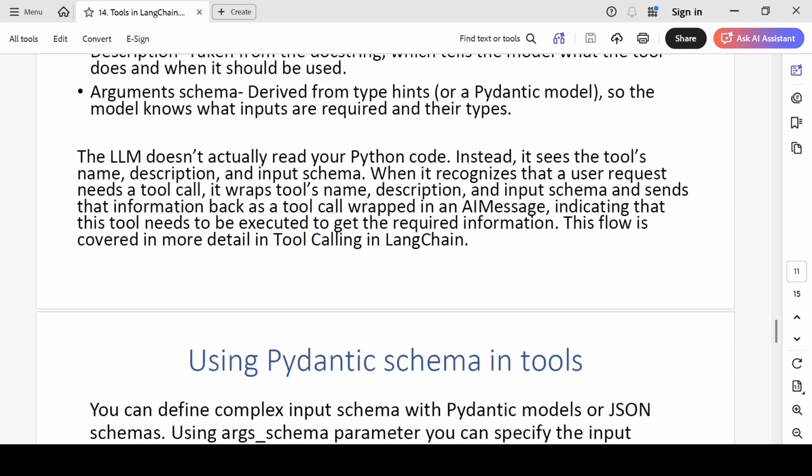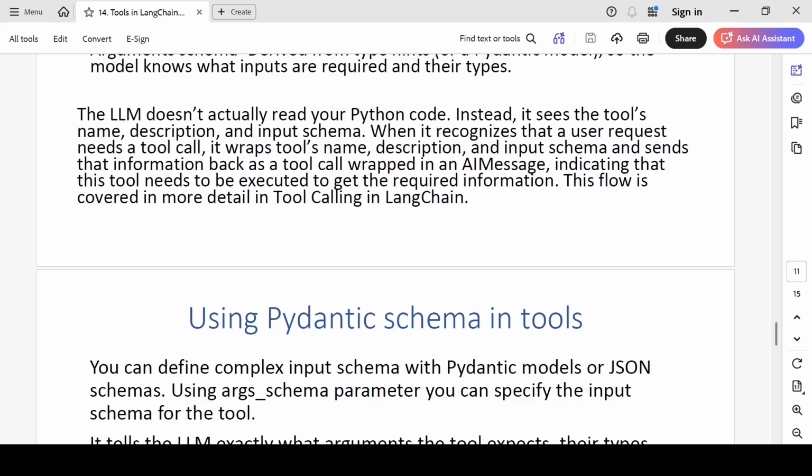What it sees is the description and argument schema. So when it sees some task within a user request, for which it thinks your tool can do that work based on the information it has, it will wrap the tool's name, description, and input schema and send that information back as a tool call wrapped in an AI message.